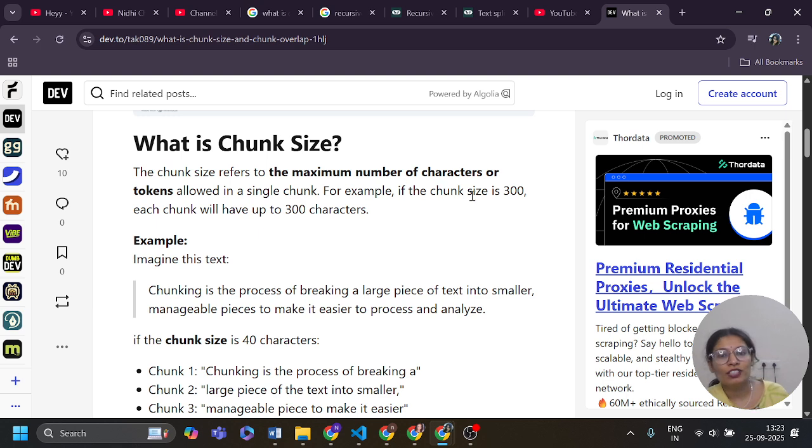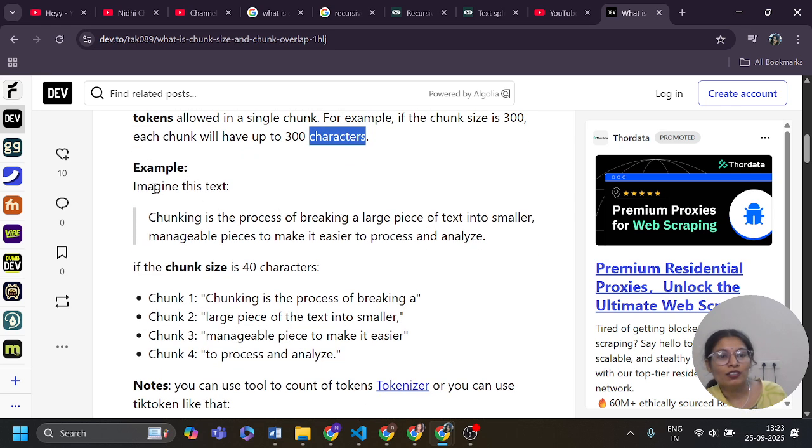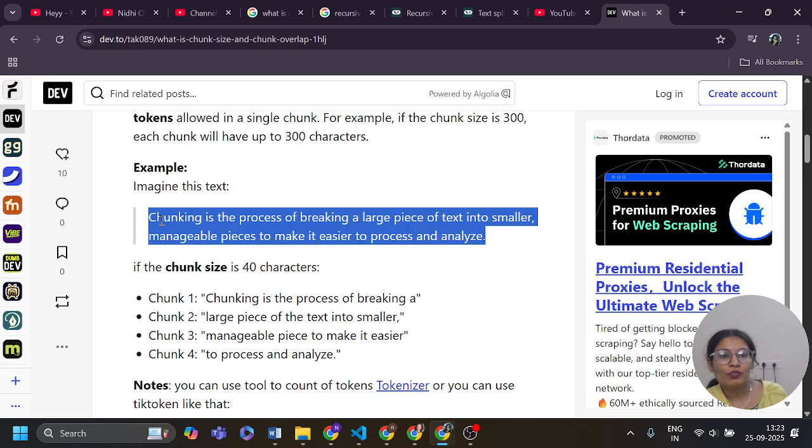For example, if the chunk size is 300, each chunk will have up to 300 characters. For example, we are going to take some text: chunking is the process of breaking a large piece of text into smaller manageable pieces to make it easier to process and analyze. Here, if the chunk size is 40 characters,